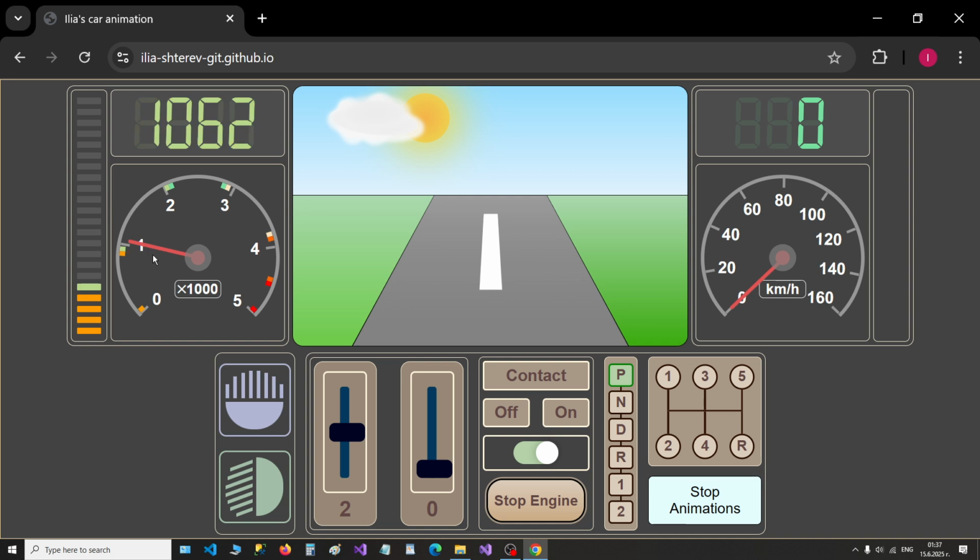Alright, text file again, checking. Okay, time to rev the engine. Again, before revving the engine, I need to show you that because it's like in a real car, I press